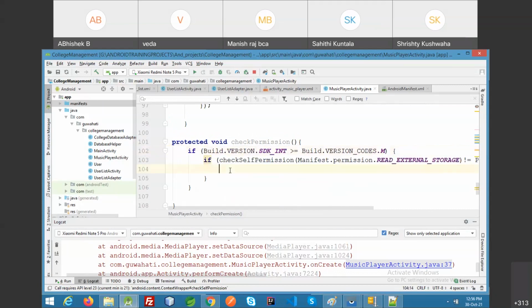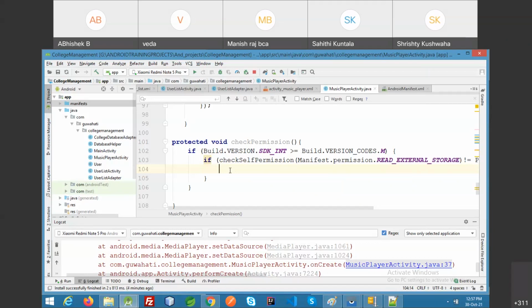Okay? So if you want to show a pop-up like please grant permission, or as of now we can give the permission. We request the permission in the case where you don't want to show the request permission rationale, the alert dialog.